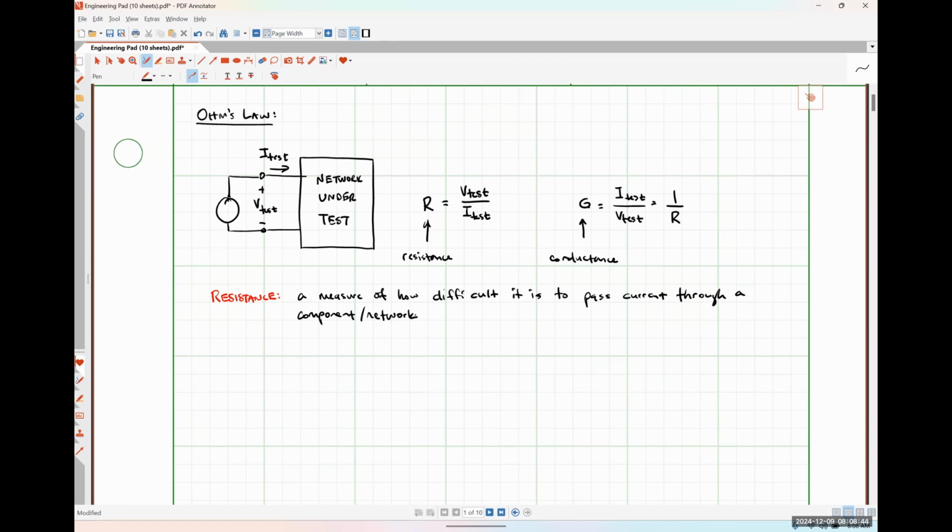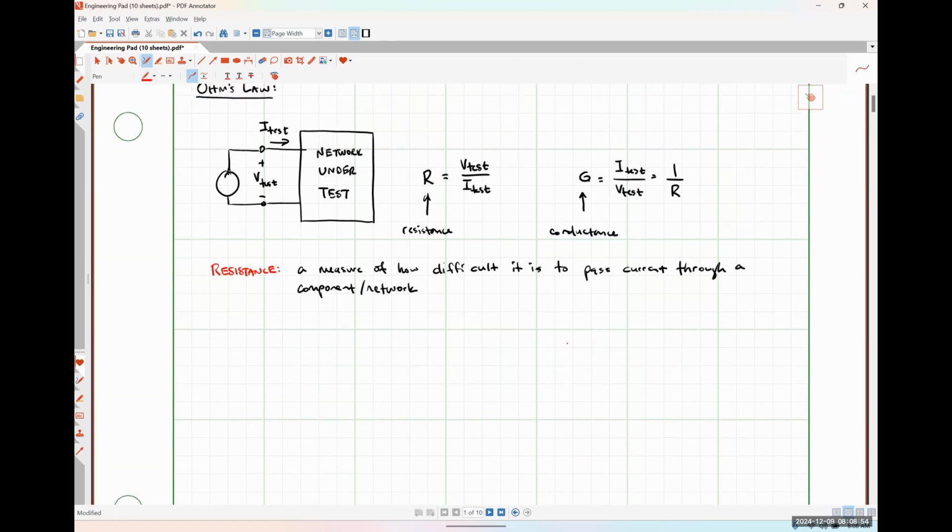So the higher the resistance is, the more difficult it is to drive a fixed amount of current through it, okay? On the flip side, conductance is just the opposite. It is a measure of how easy it is